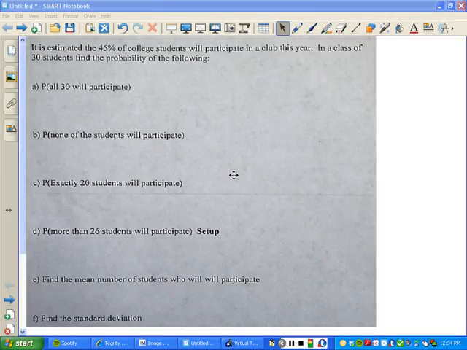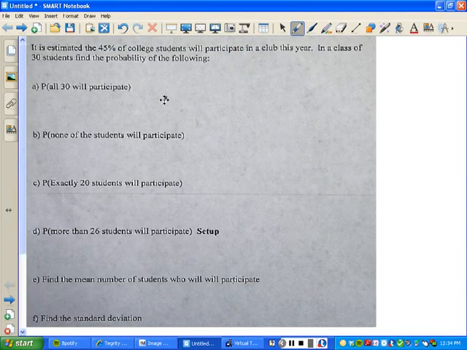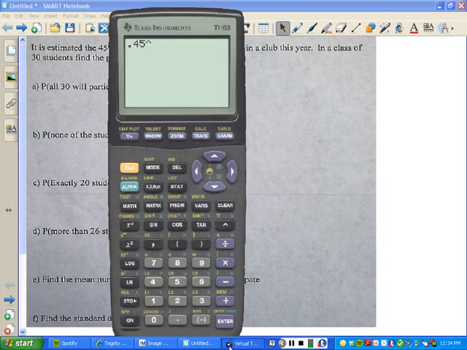All right. So it's estimated that 45% of college students will participate in the club this year. A class of 30 students found the following probabilities. All 30 will participate. That's 0.45 raised to the 30th power. Now, in order for you to get that answer, you'd have to use the calculator. So you're going to do 0.45